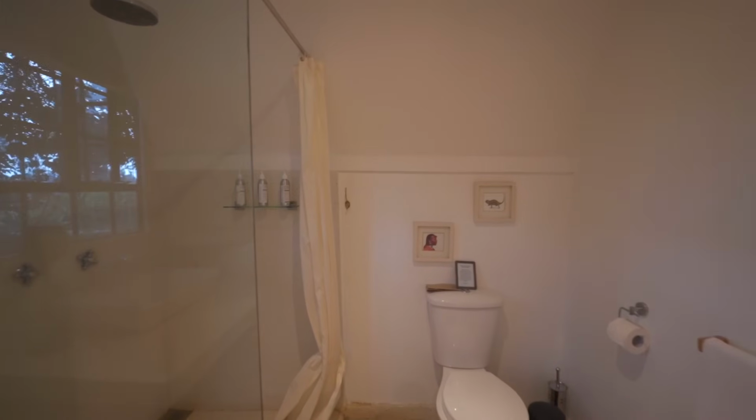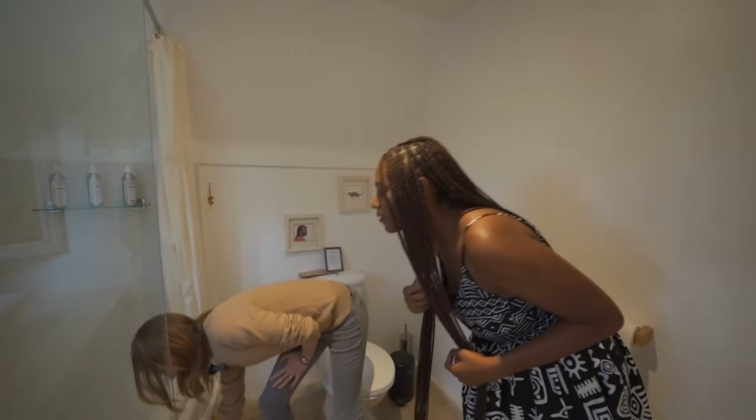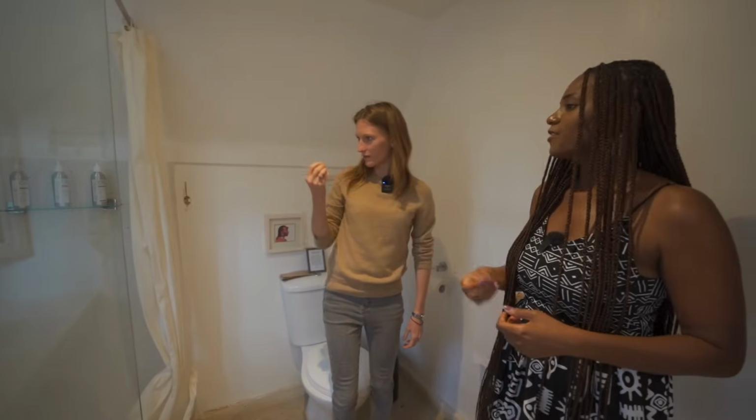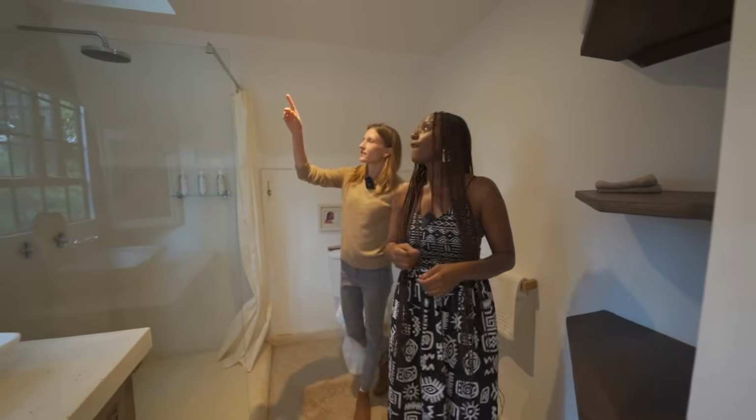What's the floor made out of? That's also terrazzo. Oh, it looks a little different. It is terrazzo. If you look closely, it's got the finer grain. Yeah. Okay, this is interesting. And then the glass